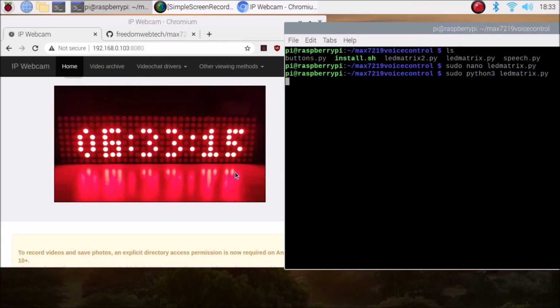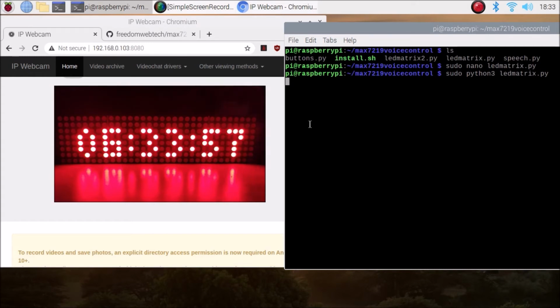So friends, as you can see right now it's basically showing the clear. This is what our clock, the 12 hours clock. As you can see, this is the text. The text is not scrolling, it's completely steady on our display. Right now the time is 6:33 and this is what our seconds. So this is the steady text.